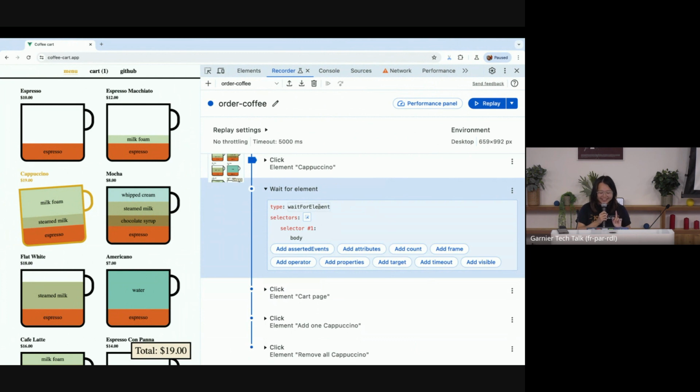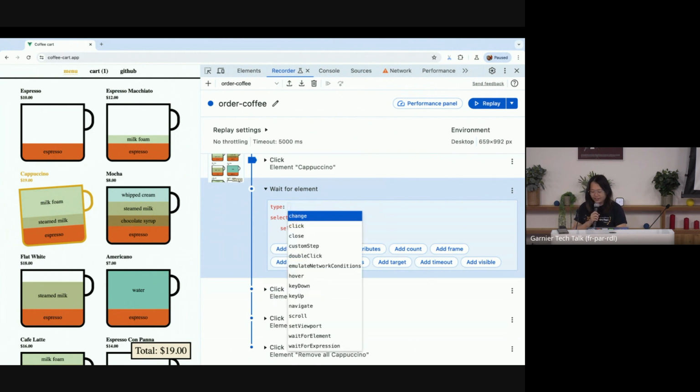Actually, it's editable. When you hover over it, you see that there's a thing, and then when you click on it. Just now I received another feedback: oh, I don't know what I need to do, it's wait for element, you did not show me a list. We did show, if you delete everything from here, you can do click, custom step, double click, you can hover, key down, navigate, and do all the other